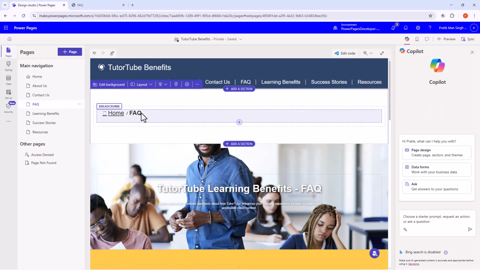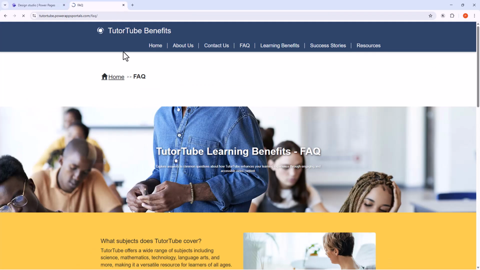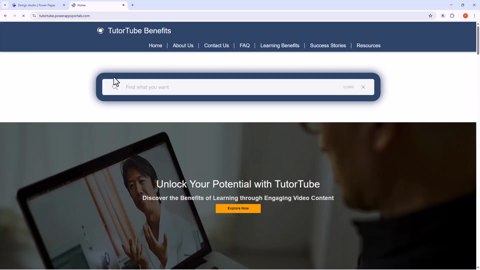So you can see that I can go over here. Let me preview the desktop version of it, just like this. And then you've got the change accordingly. If I were to go onto home, then it is actually clickable right here, and you get back onto the home page. And that is how you can add in breadcrumb component inside of Microsoft Power